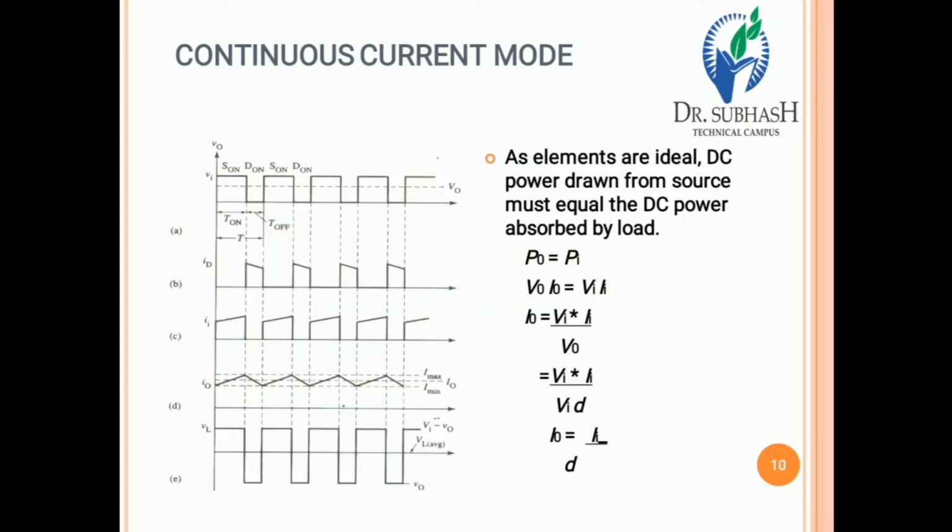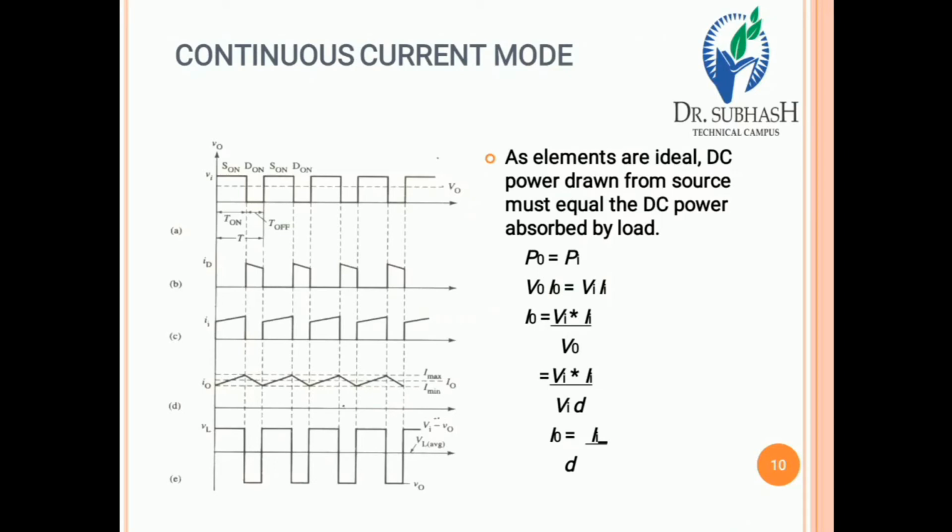Here we have to find the different values of output voltage V out, right? The output voltage can be divided into the positive half cycle as well as the negative half cycle. In the positive half cycle, the switch goes into the on condition, and that time period is represented as T on. In the negative half cycle, it is represented as the T off period, and during the T off period, the diode goes into the turn-on condition.